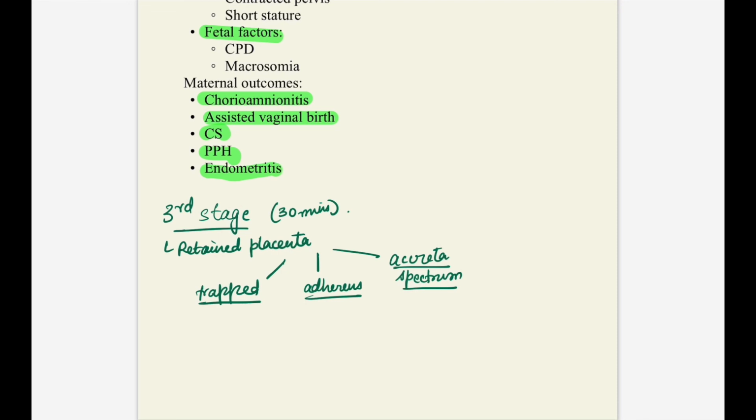So that's usually helpful to get the placenta out. But if you find that the lower uterine segment or the cervix is contracted a lot, as seen in a trapped placenta, in those cases you could try using nitroglycerin. Nitroglycerin will relax the smooth muscle of the myometrium and the cervix and facilitate the delivery of the placenta. Now, suppose that also does not work, your next management would be a manual extraction of the placenta.